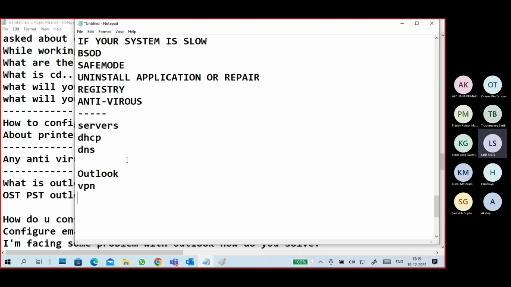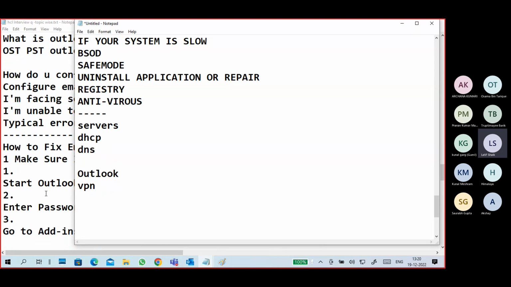What is a VPN? What is the use of VPN? What is the DHCP server? What is DNS server? Plus some more questions are there.